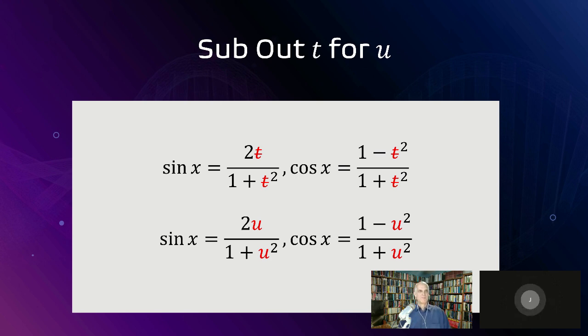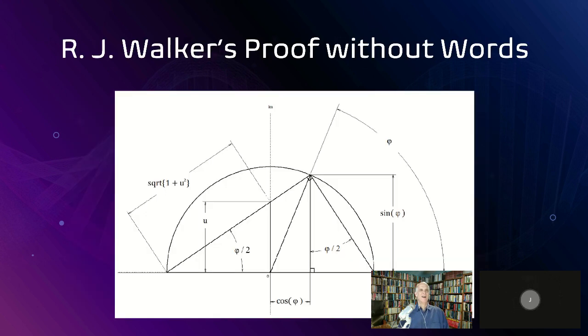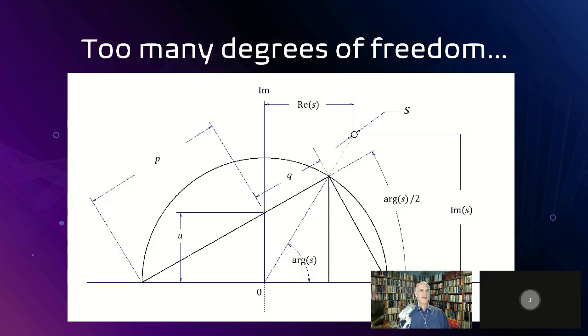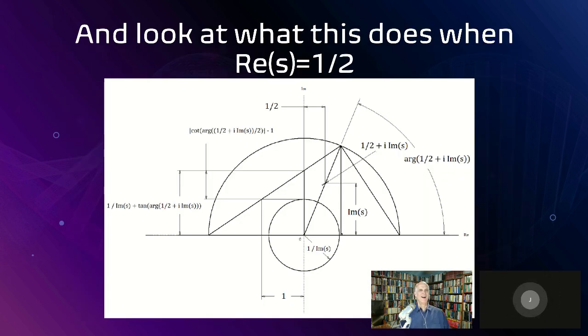All right, look. Remember this slide? Yes. Okay, so tangent half angle uses the value t. We're not using the value t anymore. We're using u. Okay. So R.J. Walker symbolizes this u here with t. He called it t. We're using t for the oscillator for something else. I think we can handle that. All right, I thought so. Okay, so we're going to go back to this.